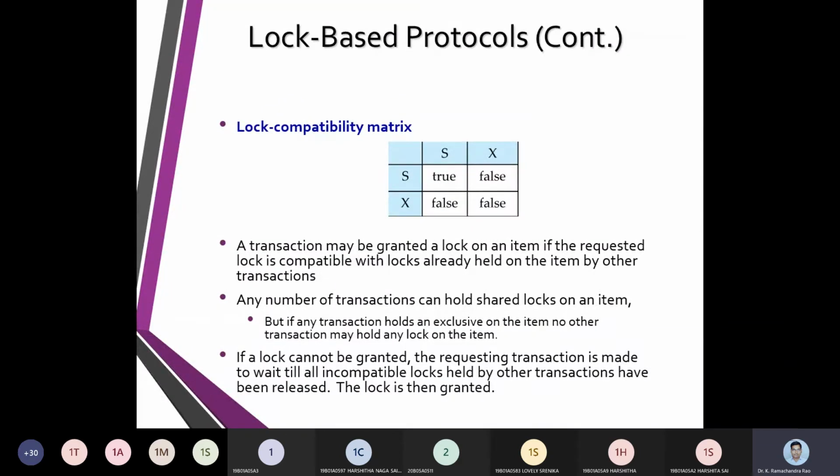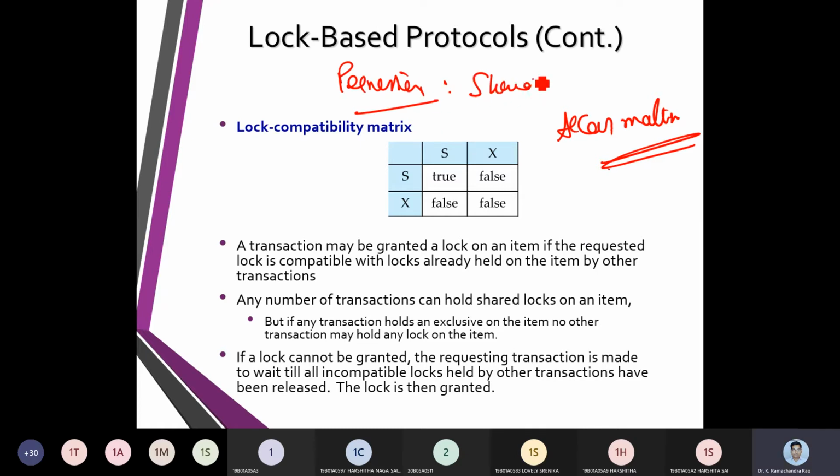Now, when we look at the lock-based compatibility of the controls, we have an access matrix, where the matrix provides a representation of permissions, that is shared, exclusive, read or write or append, whatever it is.